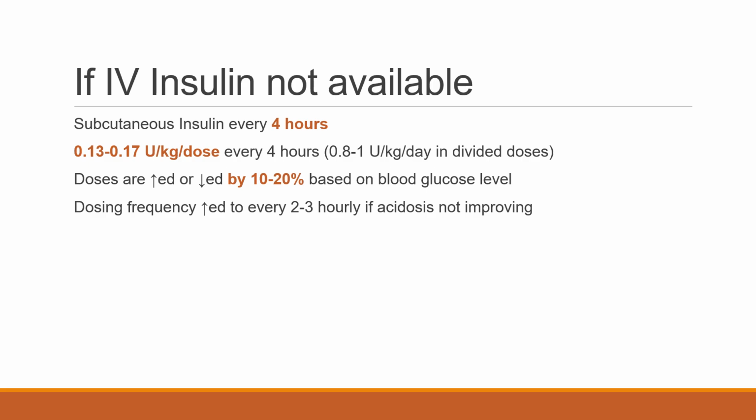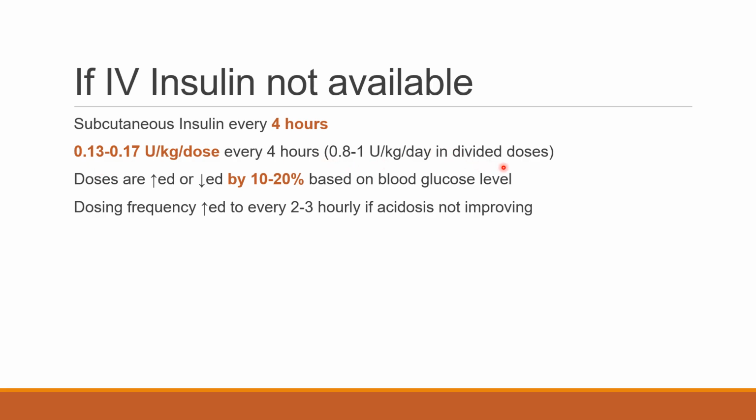Suppose IV insulin is not available, this is the specialty of ISPAD guidelines. Suppose IV insulin is not available in your facility, but subcutaneous insulin is available. So what can you do? In place of IV insulin, you can try subcutaneous insulin every 4 hours. So what is the dose? Just like in IV insulin, the dose was 0.05 to 0.1 unit per kg per hour. Here the dose is 0.13 to 0.17 unit per kg per dose every 4 hours,